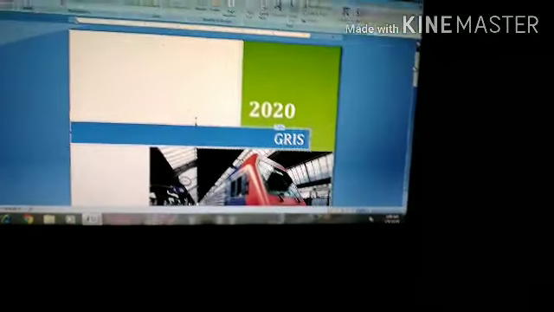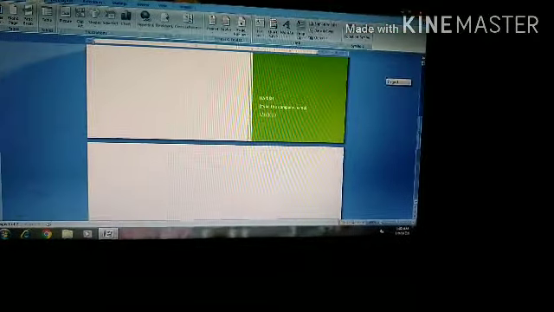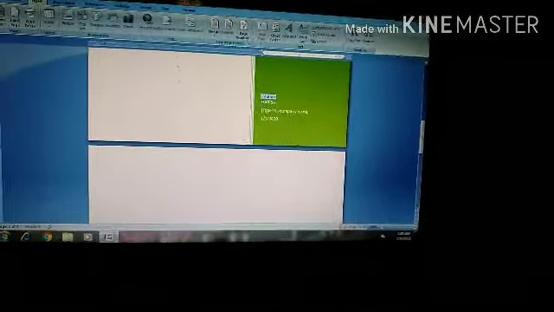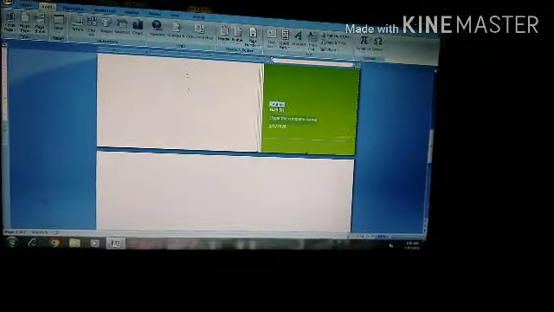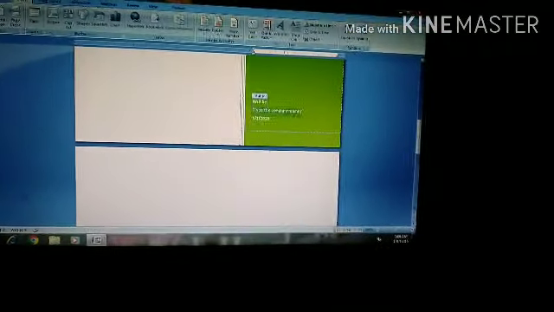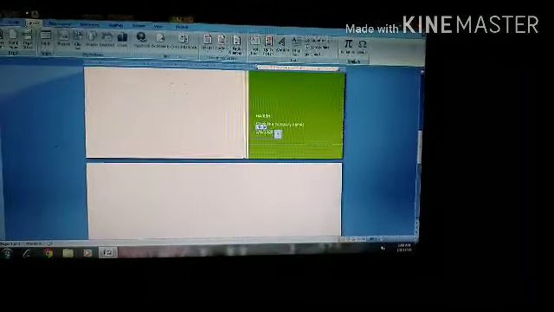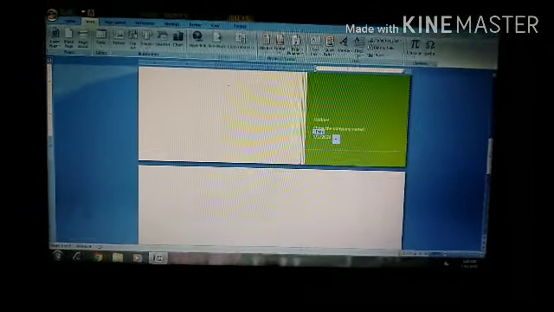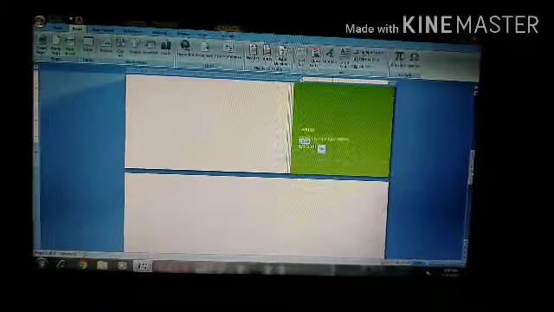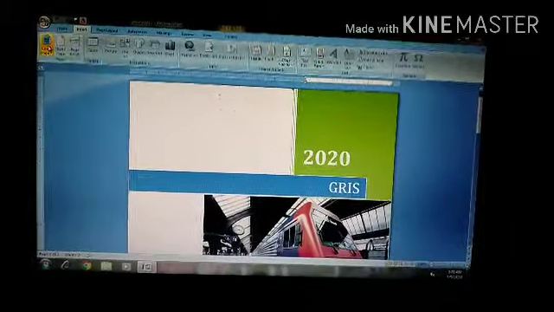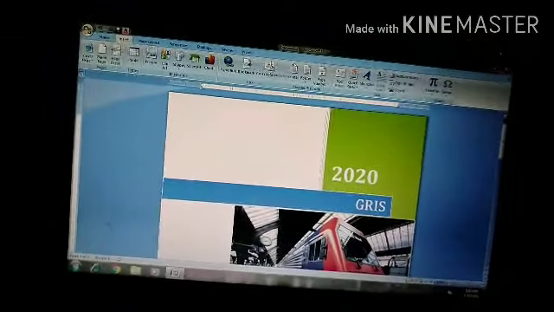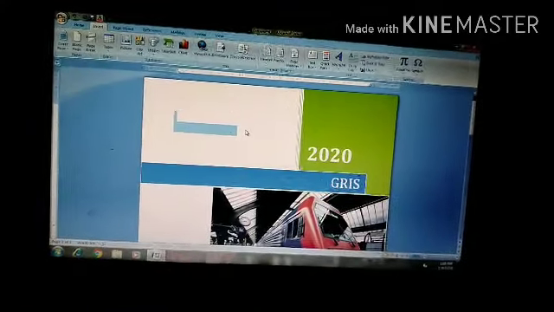If you want to change the author name, you can type here. If you want to type the name of the company, you can also type. And if you want to give a specific date of that particular document, you can type here. Okay, this was our cover page. Okay, Control A and Shift and delete. Now we have a blank page.